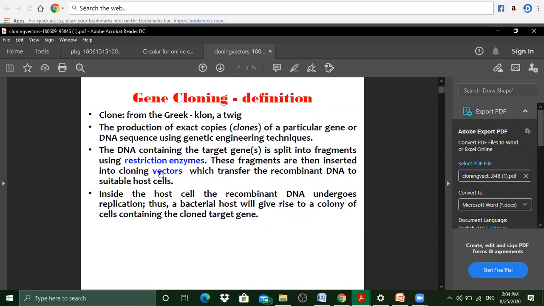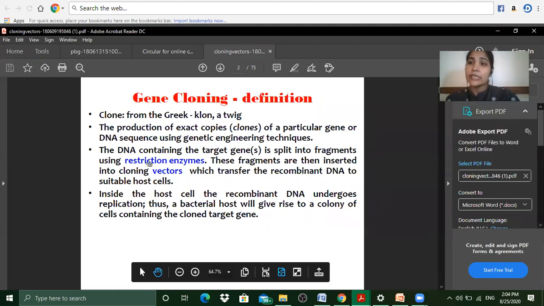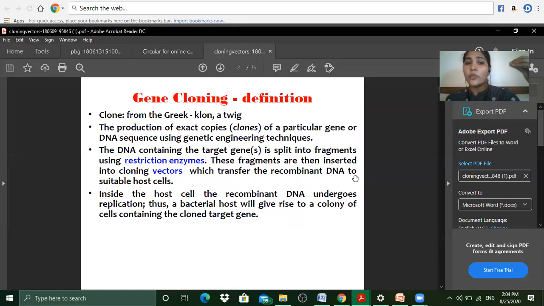So what are cloning vectors? These are the media that are going to have our DNA of interest. They are going to be the vehicle. Vectors are going to be the vehicle carrying our DNA of interest, which transfer the recombinant DNA